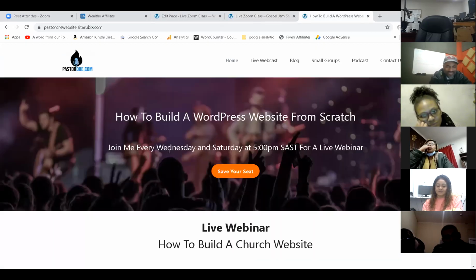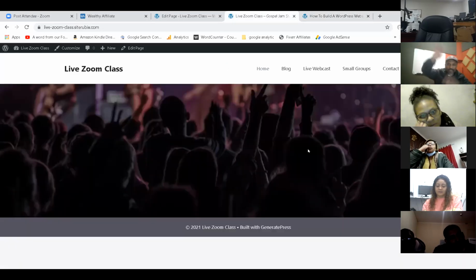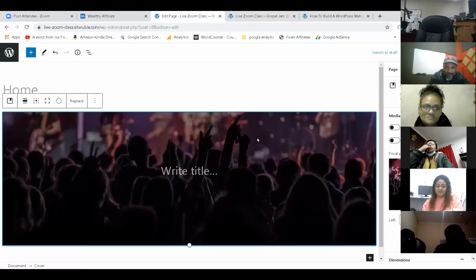All right, so now we're making progress. But what I noticed is this image has musicians and this image has people enjoying themselves. How do we change that? We're going to go back. When I click on this image, notice what happened on the right. You see what happened over here? The picture came up with the circle. If I move this circle, watch what happens to the image.